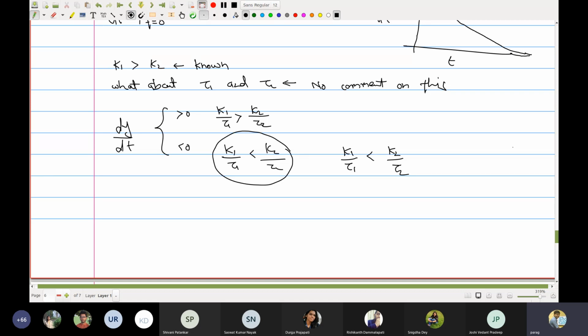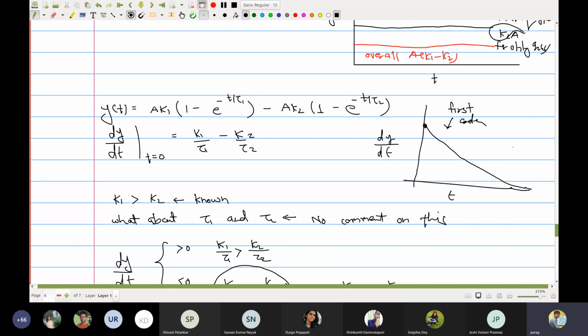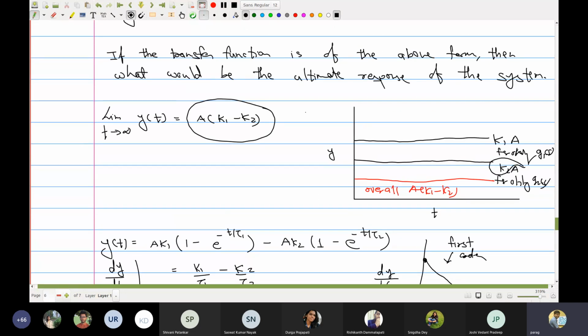So now if the opposition is faster, you see you have tau, which is the time constant which is in the denominator. So if the opposition is faster than your main mode, then the effect of opposition would be more pronounced compared to the effect of the applied mode. But since everything is exponential here, you see everything is in the exponential function. So then what's going to happen? Ultimately, as t tends to infinity, everything would gain this magnitude which was written here, this magnitude.